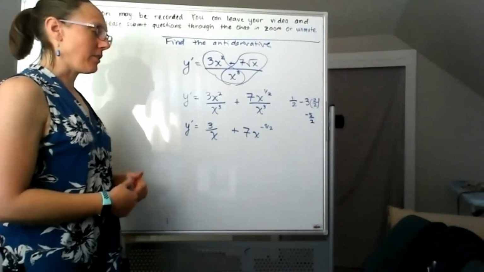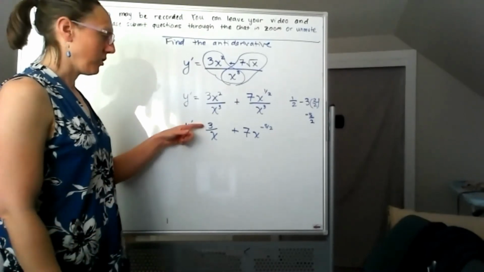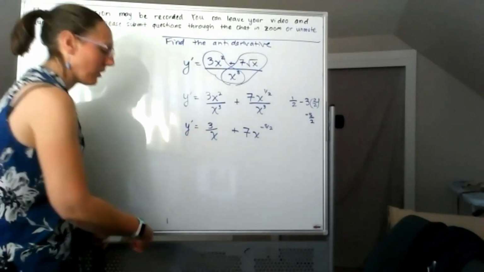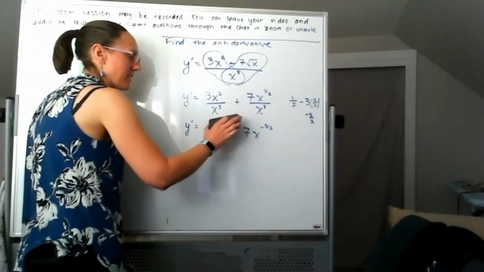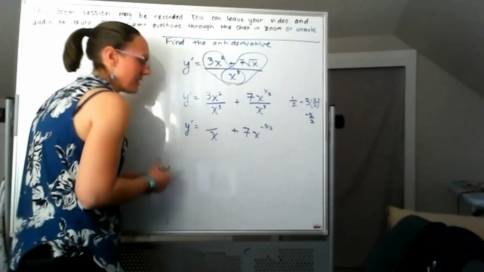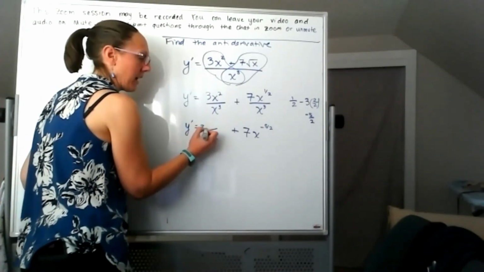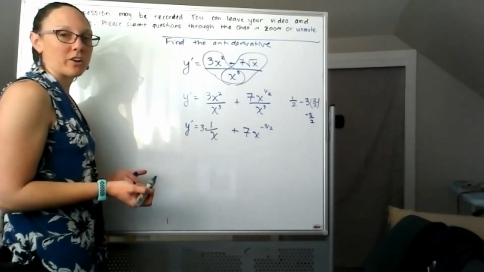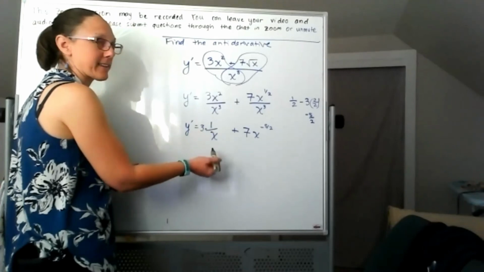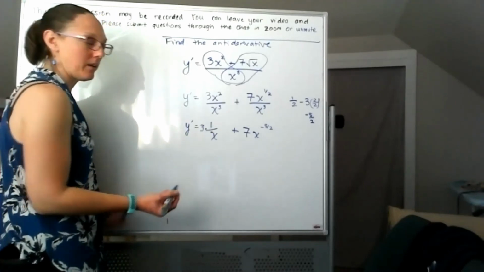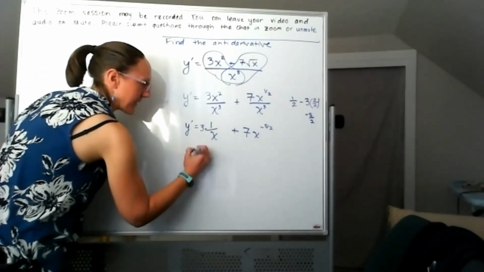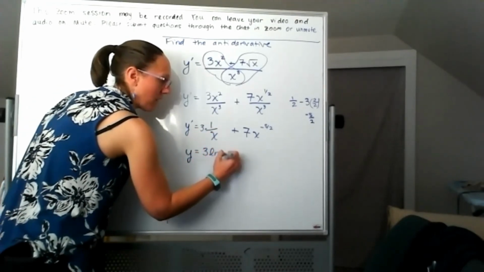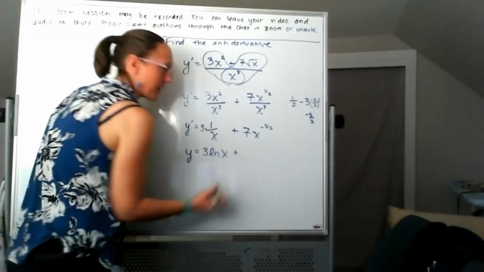So the function whose derivative could be something over x, and in particular, if I rewrote this to say 3 times 1 over x, then the function we're looking at, whose derivative is 1 over x, is natural log. So finding that antiderivative, this is going to look like 3 natural log of x plus,